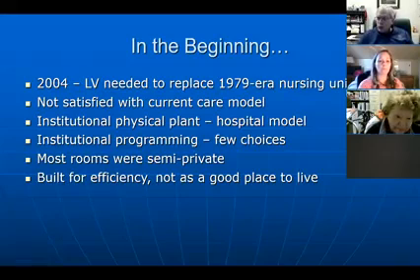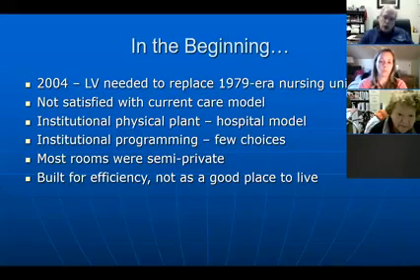The vast majority of nursing homes in the United States were actually built in the 60s, 70s, and 80s, typically from very similar building codes across our 50 states, and largely on a hospital model in terms of how they're constructed. They are classic institutions for most of them in the sense that, just like prisons, hospitals, sometimes convents, the folks who live in these institutions have traditionally had very few choices about how their day was organized and what they could do and not do. And so we wanted to change all that, but really didn't know how to go about changing the model.